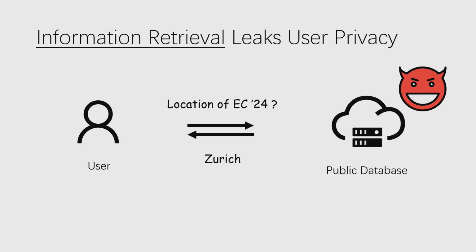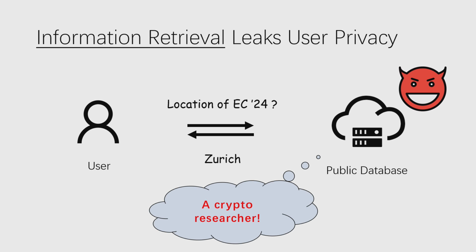The main motivation behind PIR is that information retrieval leaks user privacy. Let's assume we have a user who's interested in the location of EC24. It sends this query to the server, and the server returns that it should be in Zurich. Unfortunately, this process leaks the user's privacy, because if the server is compromised by an adversary, then the adversary knows that this user should be a crypto researcher. And that's personal information. There are so many other examples, like DNS lookup actually leaks your browsing history,